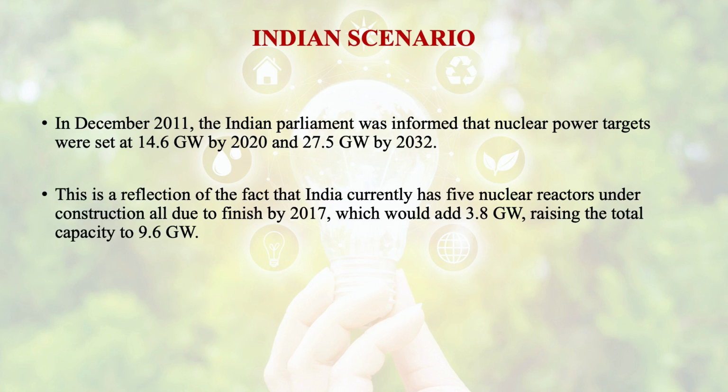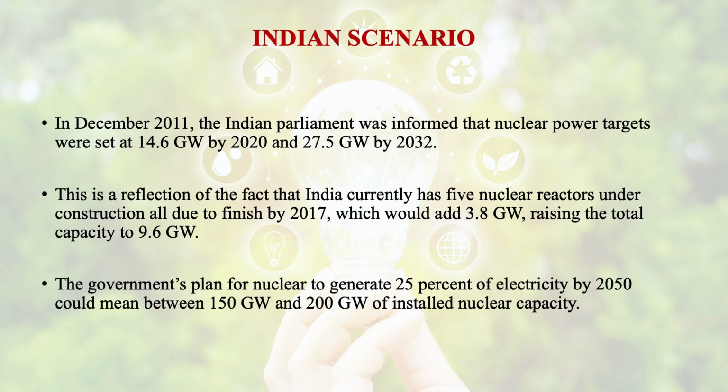This is a reflection of the fact that India currently has 5 nuclear reactors under construction, all due to finish by 2017, which would add 3.8 gigawatt, raising the total capacity to 9.6 gigawatt. The government's plan for nuclear to generate 25% of electricity by 2050 could need between 150 gigawatt and 200 gigawatt of